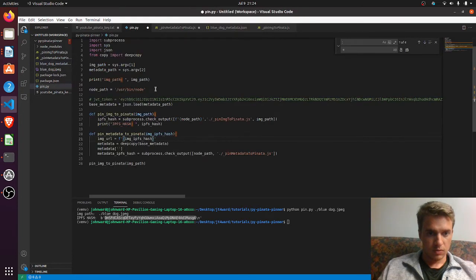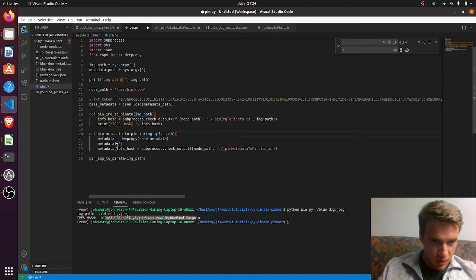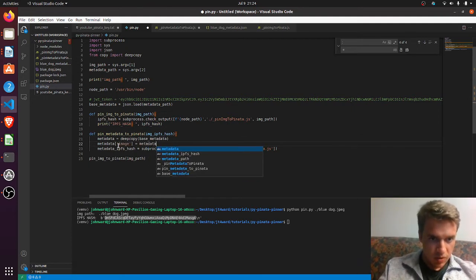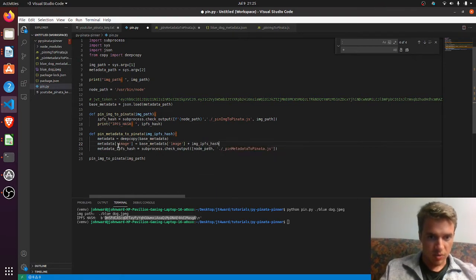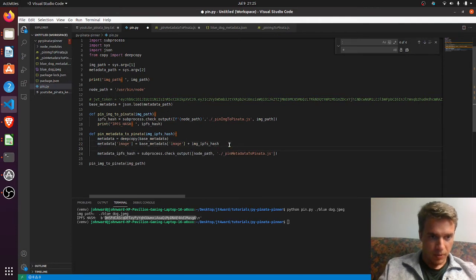Now the image URL is simply going to be, we're going to say image is equal to base metadata image plus image IPFS hash. Okay. Then we're going to say,